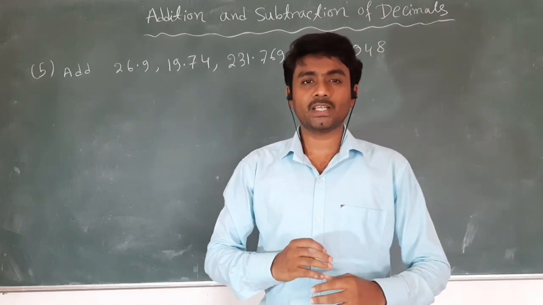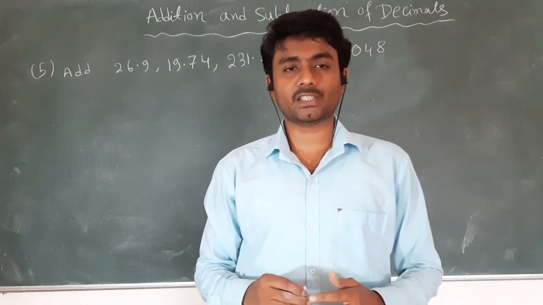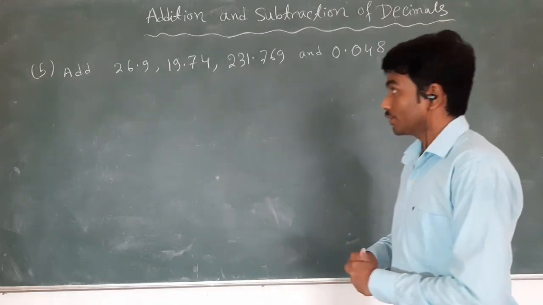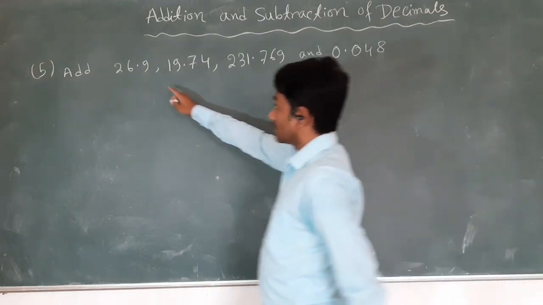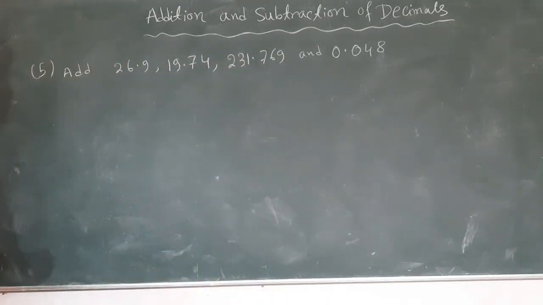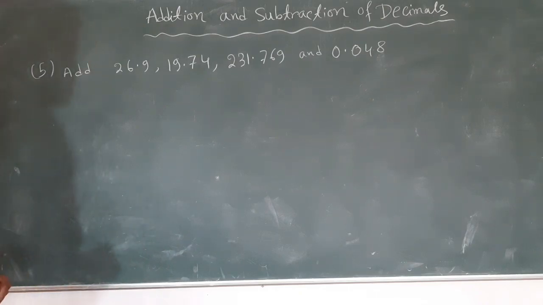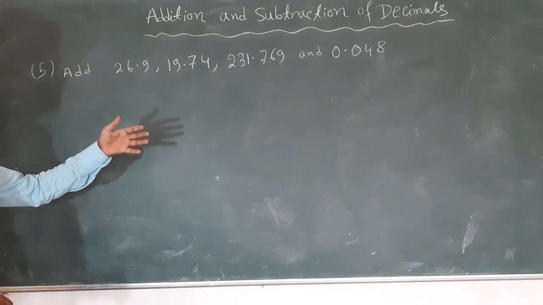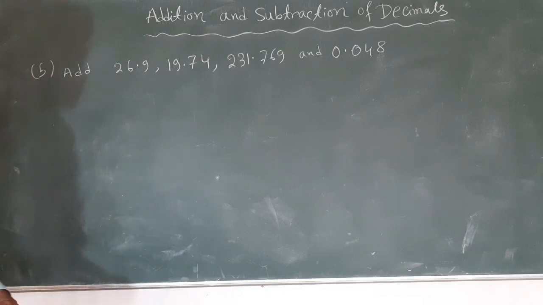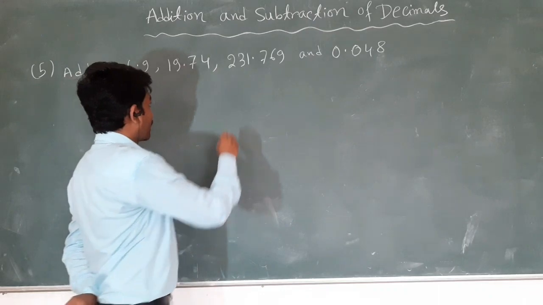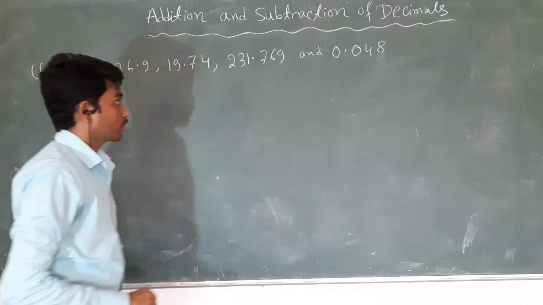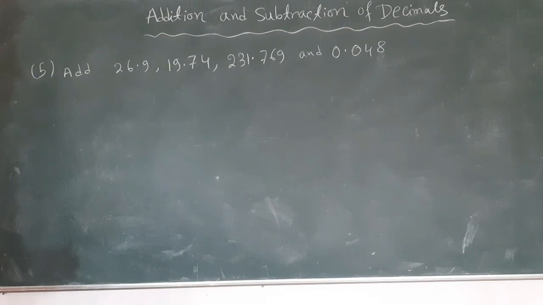So today I will explain the addition and subtraction of decimals. Suppose we have to add these decimals. So first, from the given question it is clear that the decimals are not like. So first we convert all the decimals into like decimals. The highest decimal place is 3 decimal places, so we convert each of the decimals up to 3 decimal places.